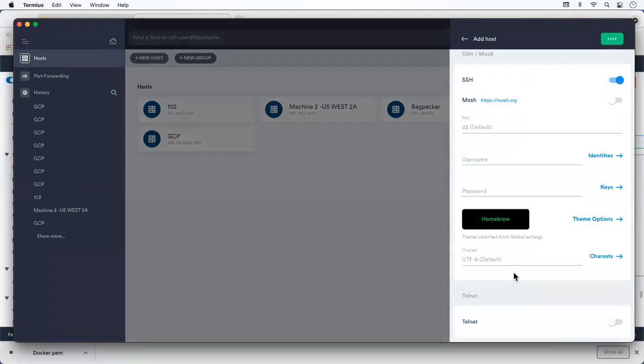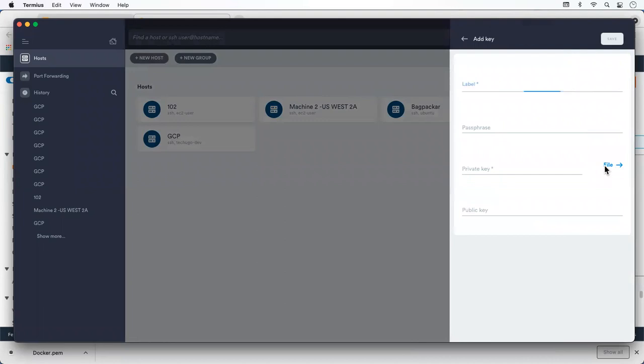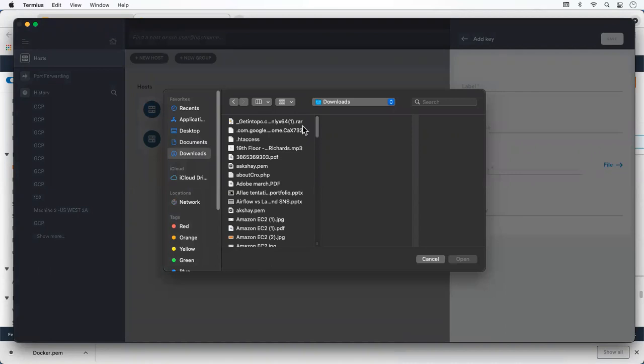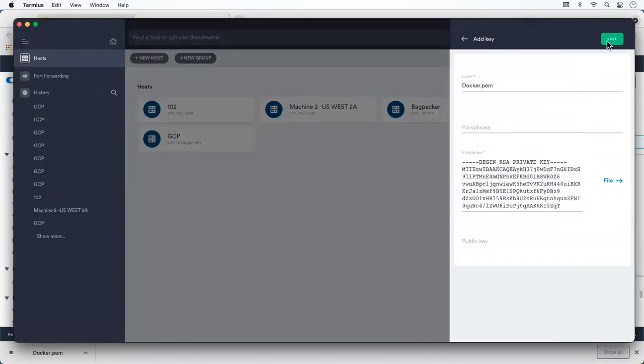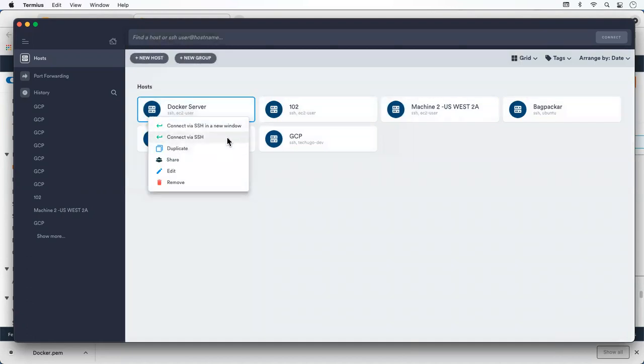Paste the address and username. ec2-user is the default name of an AWS Linux machine, and put the keys. Let's connect it. Connect via SSH.